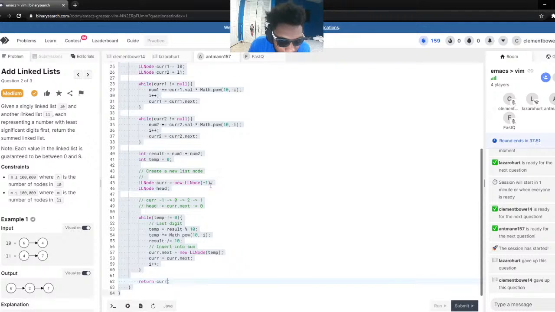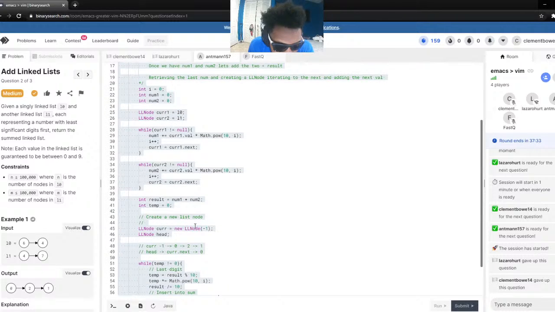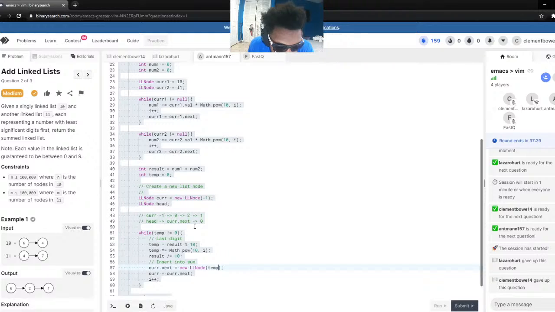Let's see. What's this he's doing with cur here now? He changed the name of sum to cur. Oh no, he always had cur. No, he used to have sum. As you can see in line 56, he used to have it named sum. Well, no. But look, he's just going to use